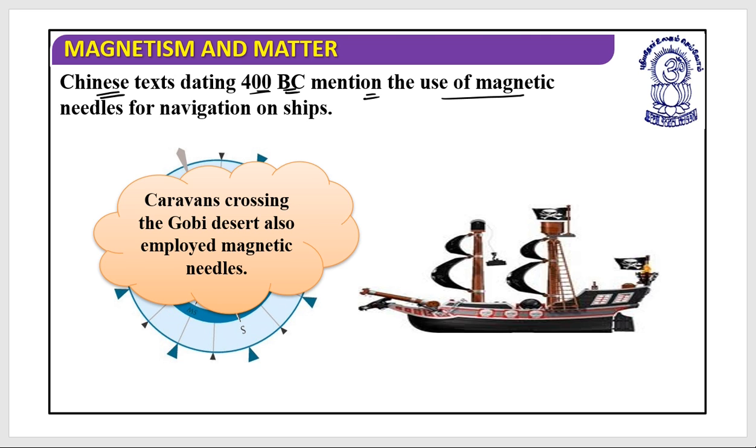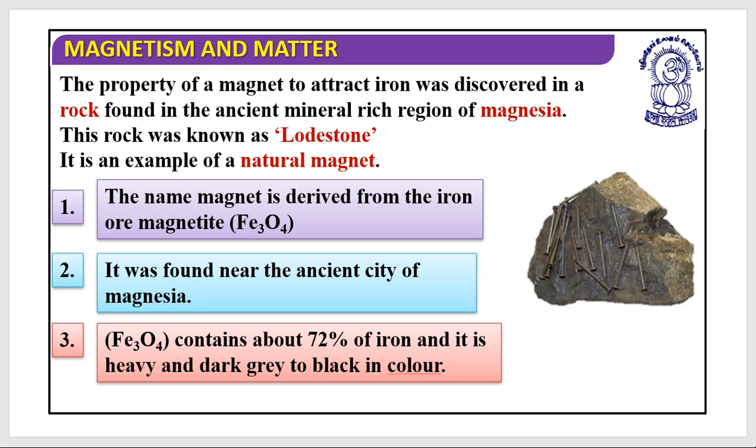So initially they had a problem, and even Chinese texts dating to 400 BC mention the use of a magnetic needle for navigation on ships. So they used magnetism even at that time. The property of a magnet to attract iron was discovered in a rock found in the ancient mineral-rich region of Magnesia, and this rock was known as the lodestone. It is an example of a natural magnet, and the name magnet is derived from the iron ore that we call magnetite,